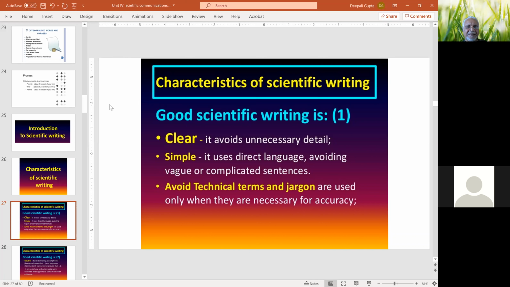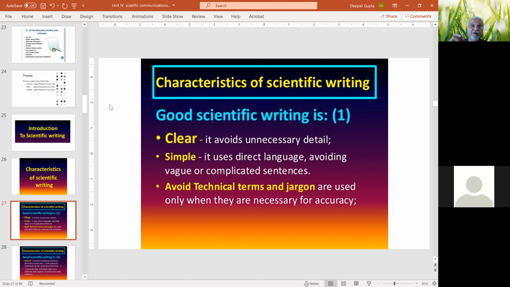So clarity is one of the major characteristics of scientific writing. It should be clearly written. It should not create doubt in the minds of the reader that you may be meaning this, whereas you should be able to tell the reader what you have in mind, what your questions are, what your answers are going to be, and what experimental evidences you are going to put forth.